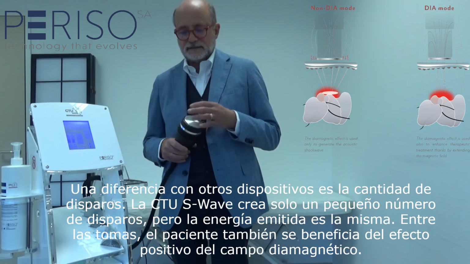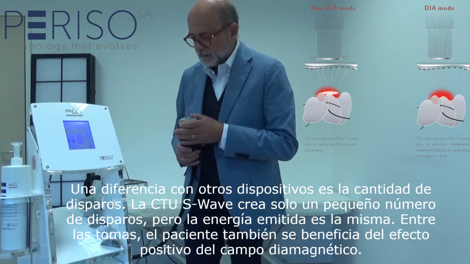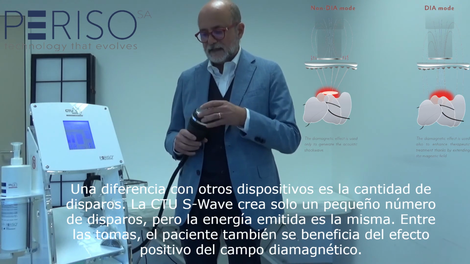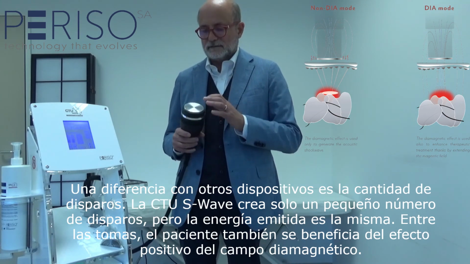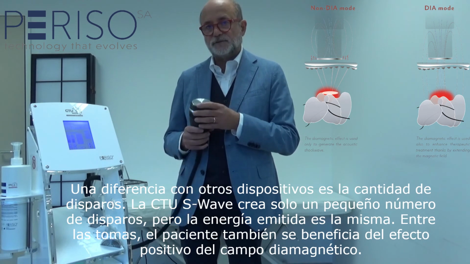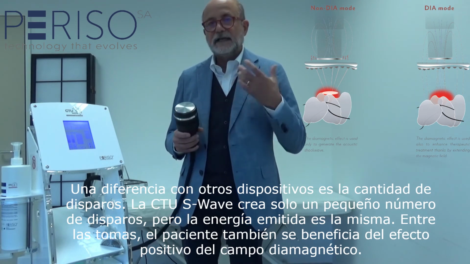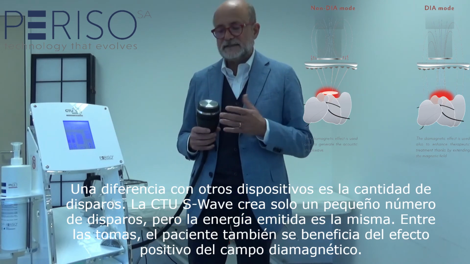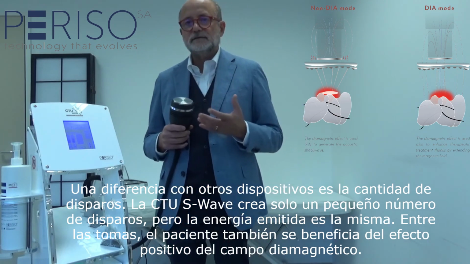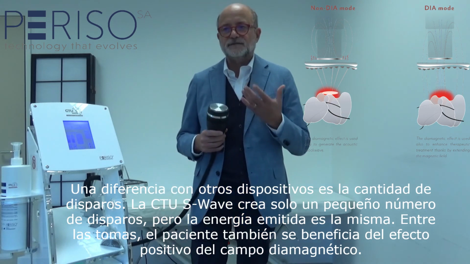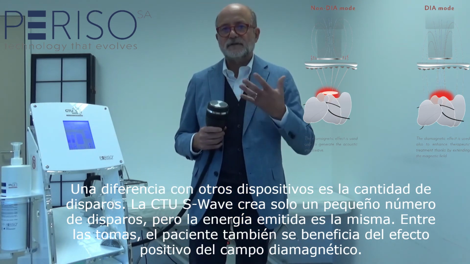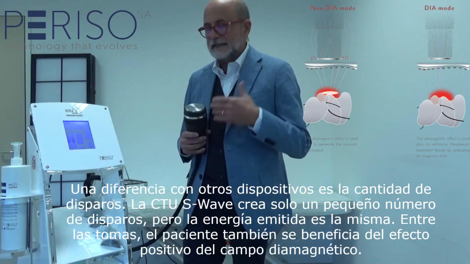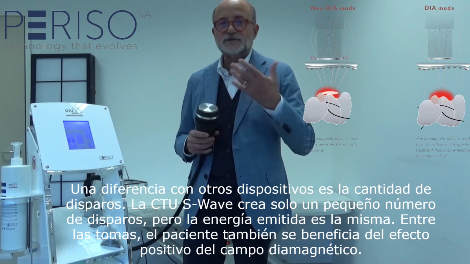What does it mean? It means that between two shots of the pulsed magnetic fields, I have a mechanical effect due to the movement of the lens, and then between two movements of the lens, we have the so-called vestigia of the magnetic fields, the residual flow of the magnetic fields that, as you know, can exert a biological effect,